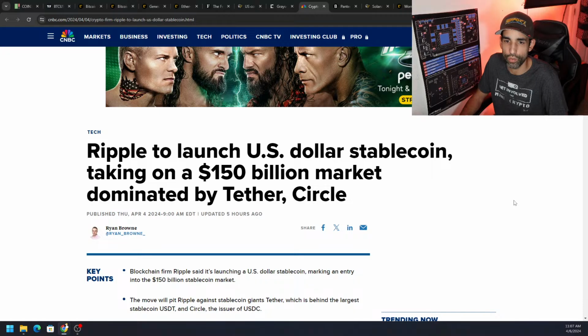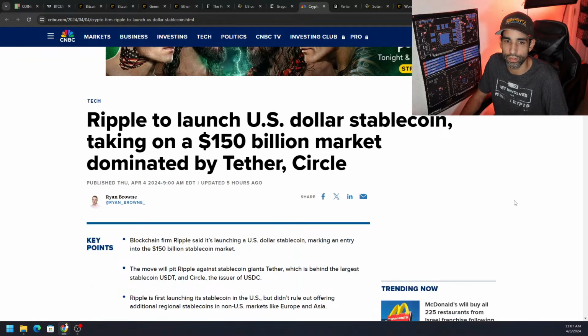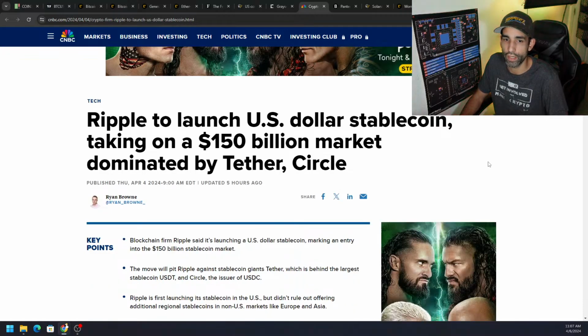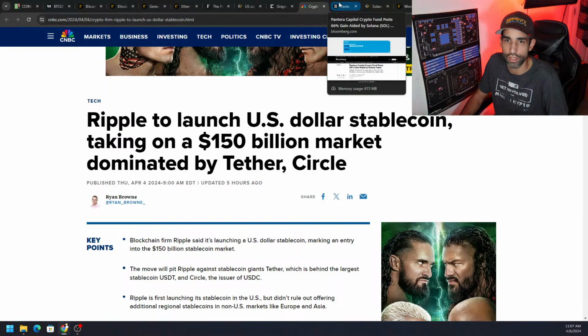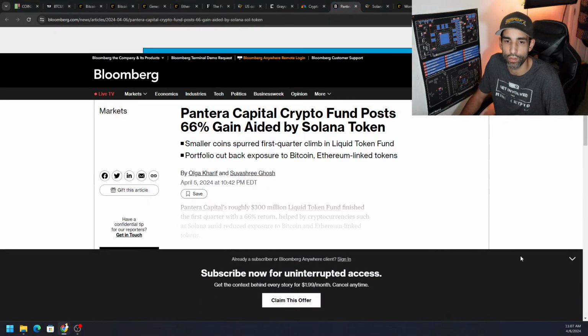Ripple to launch a US dollar-backed stablecoin. We know that was coming, and there's a big market out there that Tether and Circle, or USDT and USDC, dominate. Now Ripple wants to get into the game. Pantera Capital crypto funds post